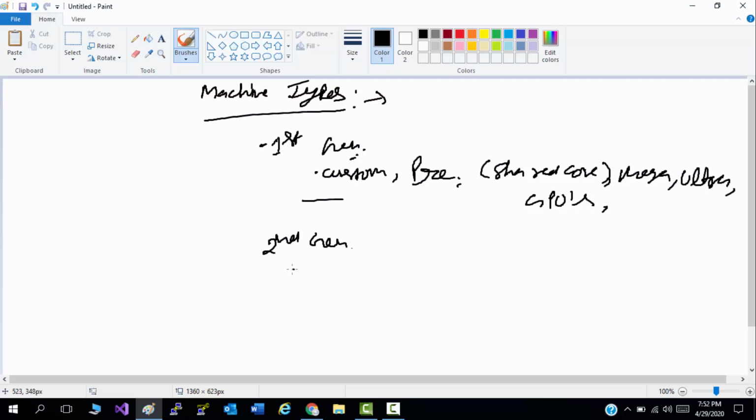In second generation, you will get custom and predefined VMs.